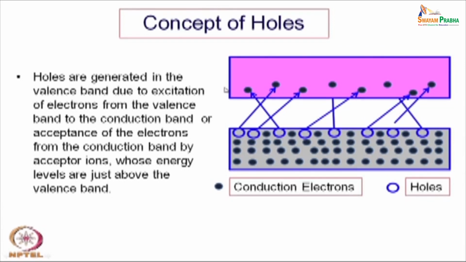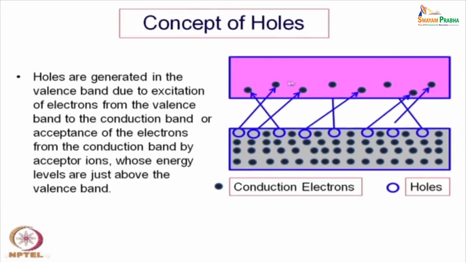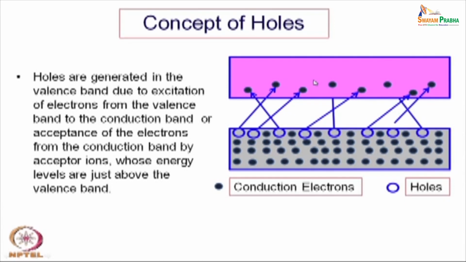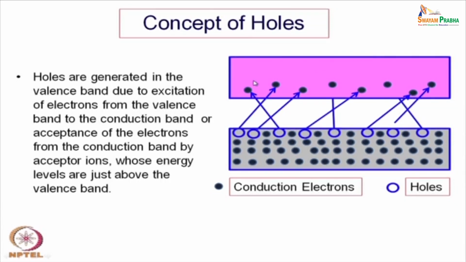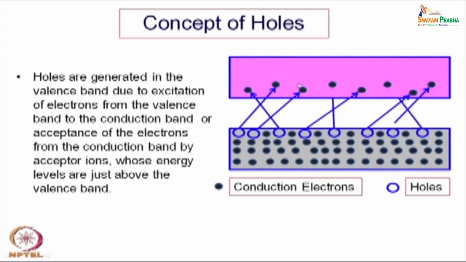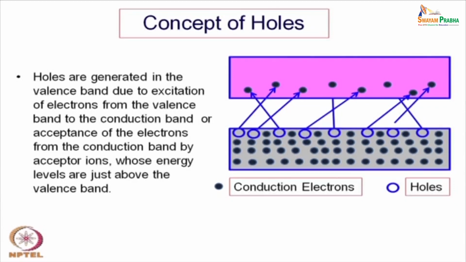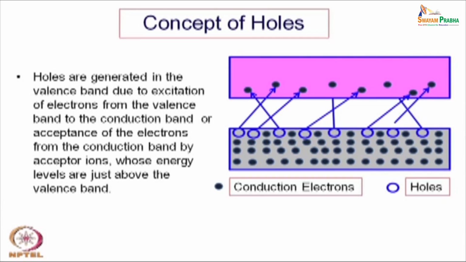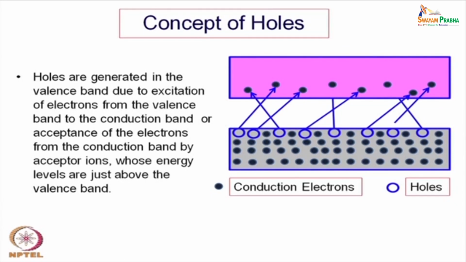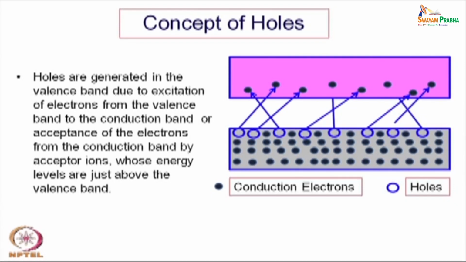As soon as you apply an electric field, they will move to a slightly higher energy level, but not too high. It will be almost a horizontal level, a very small increase in energy because of the application of the electric field, whereas if you change the temperature, then the energy input is much larger.